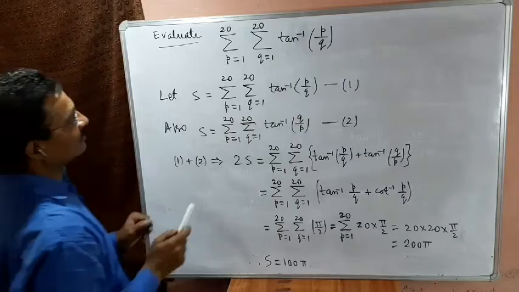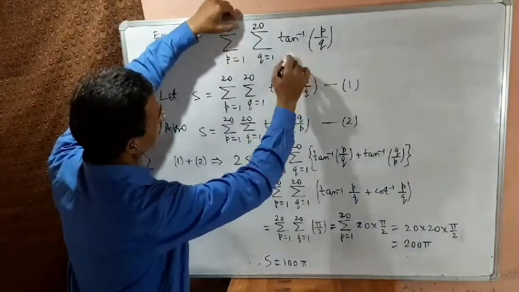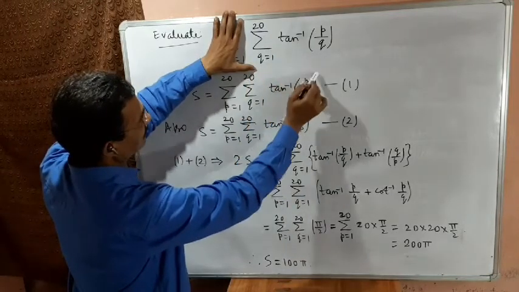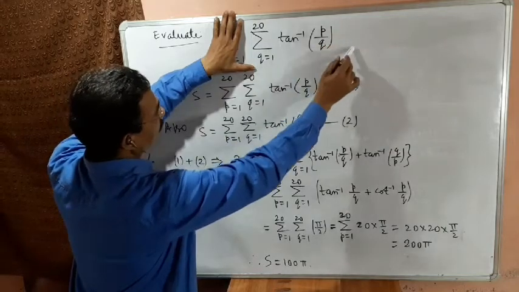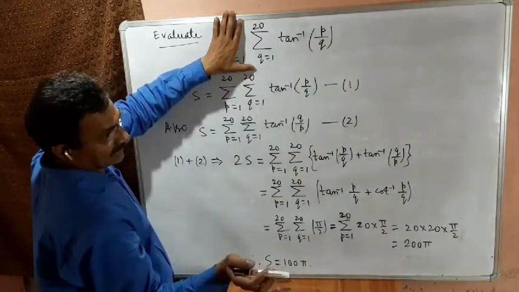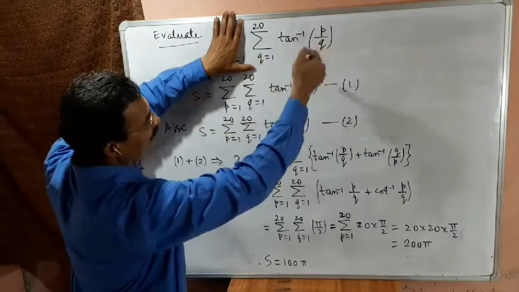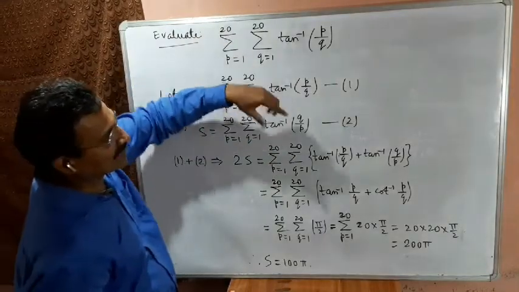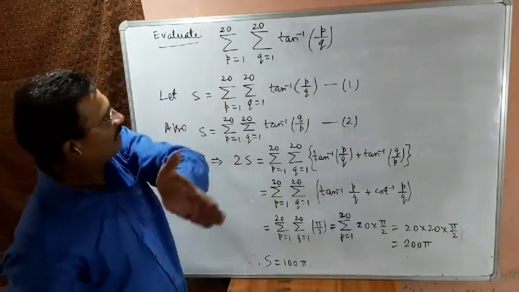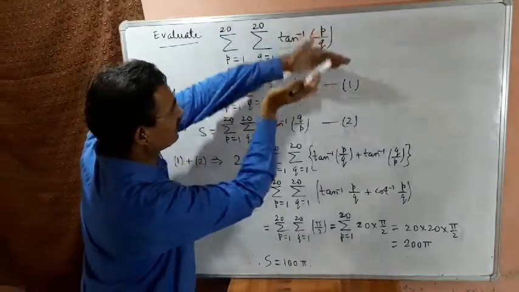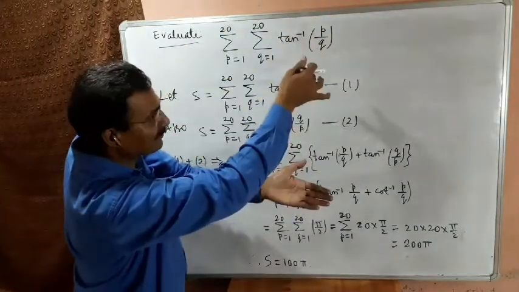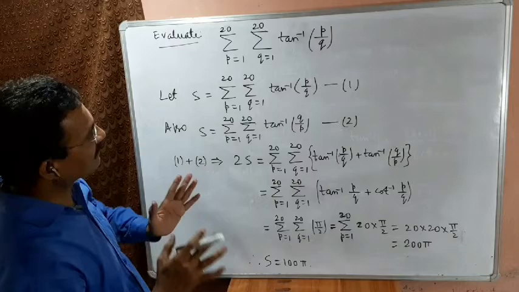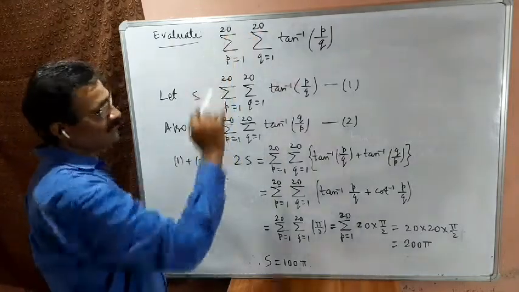So we may understand very simply that if P and Q are interchanged, there is no problem at all. Here Q will vary from 1 to 20. First time P by 1, P by 2, P by 3, up to P by 20. Now take any one of these, P by 1. Again we will operate P, so P by 1 means 1 by 1, 2 by 1, 3 by 1. If this is like Q by P, the matter is the same. Then we will operate Q and P respectively, so all the same terms will come in the sequence.